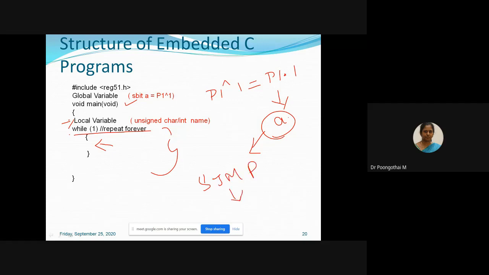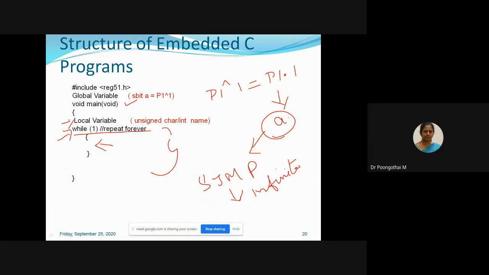This SJMP will create an infinite loop. Similar to that, here you have to repeat the process every time, so you include while(1) here. This is the structure to be followed in your embedded C programs.